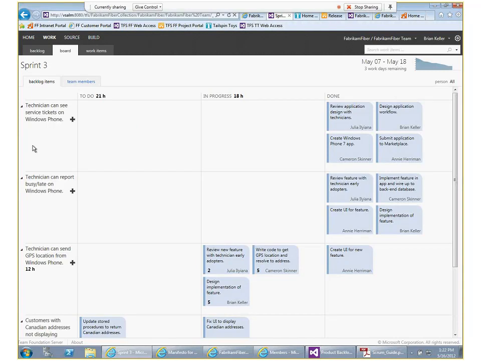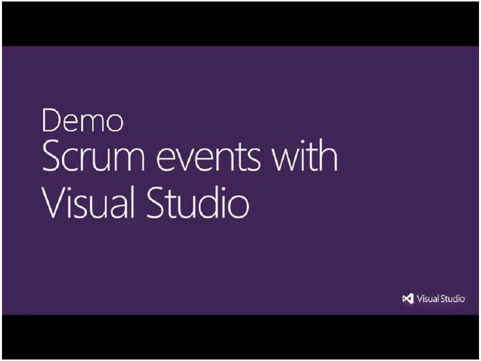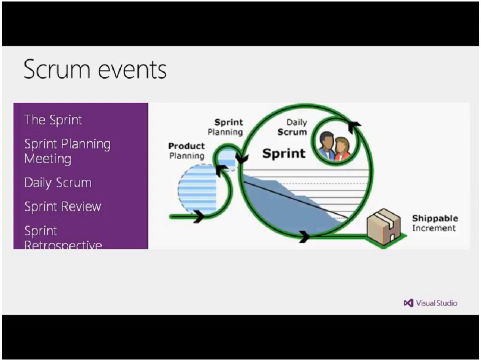So those are primarily the events that we were talking about in terms of an agile process. As a reminder, the events we're referring to were the sprint planning meeting, the daily Scrum, the sprint review, and the sprint retrospective. Oh, I didn't add the sprint retrospective, but the sprint retrospective is where you go to